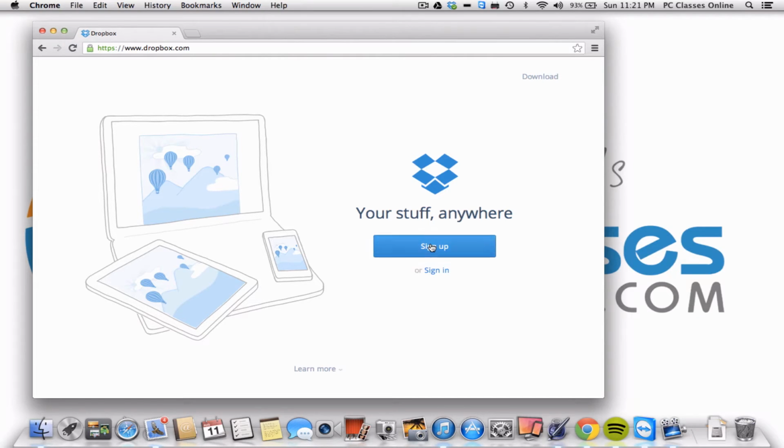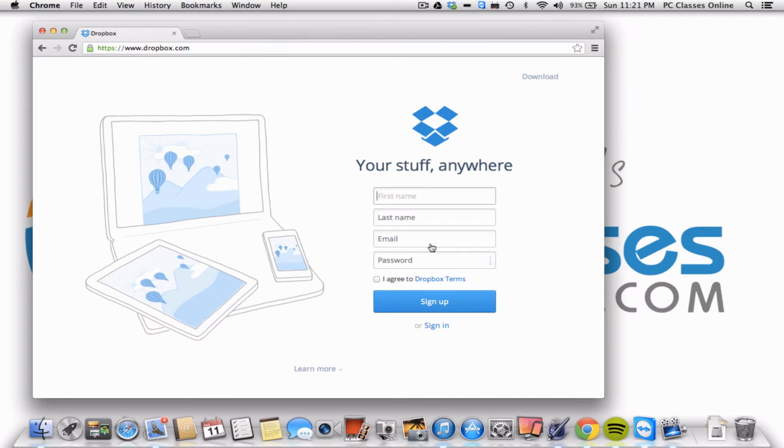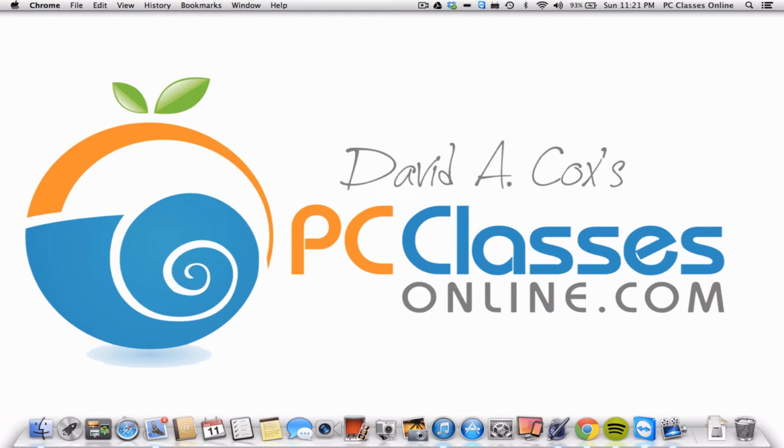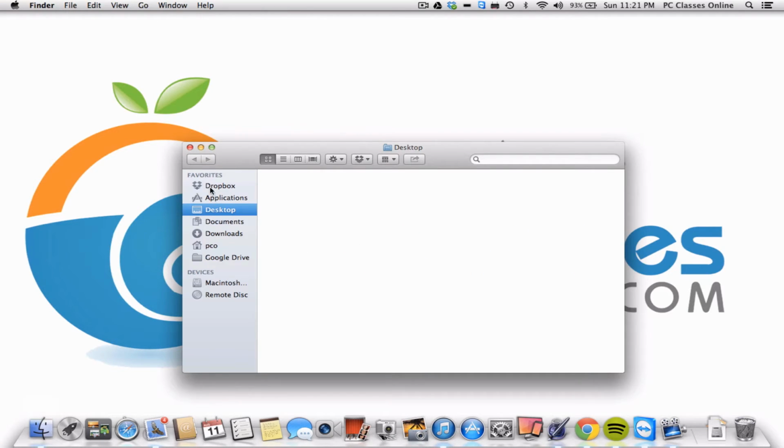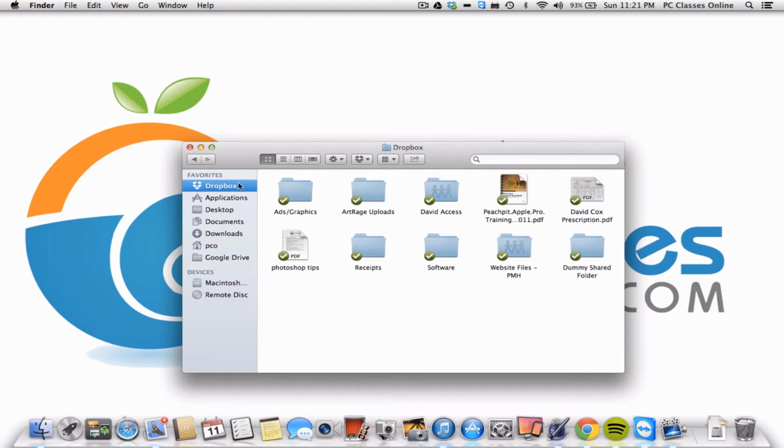You click here to sign up, and it just asks you for some very, very basic information. Your name, email address, and you create a password. And at that point, you're going to download the program Dropbox. Now, at this point, it's very similar on a Mac as it is on a PC. For Mac users, when you open up Finder, you'll notice that you have Dropbox over here at the top left-hand side when you open a Finder window. For PC users, you're going to see an icon on your desktop, exact same thing. And basically, all it really is, is a folder. You can put whatever you want inside that folder,